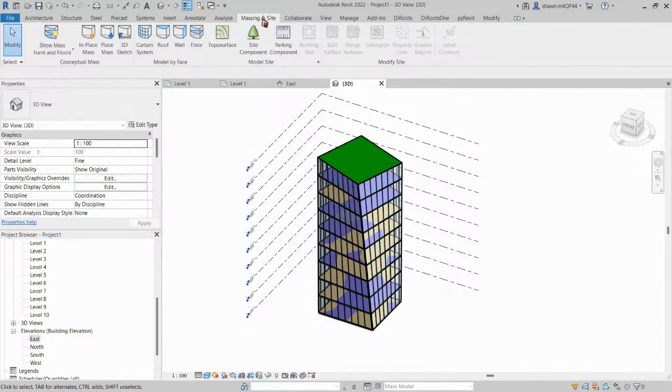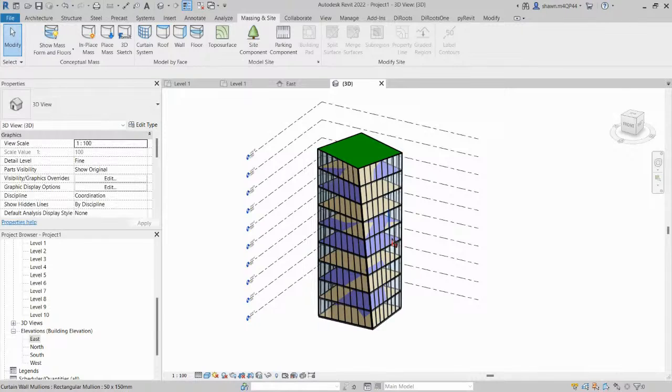Again, you have to go to massing and site and use InPlace mass. We also explored how to create the mass floors and how to modify the facade by creating wall by faces and roof by faces too. Okay,